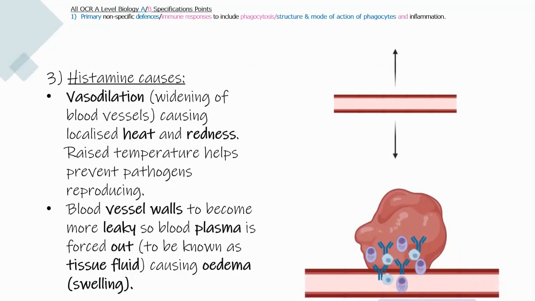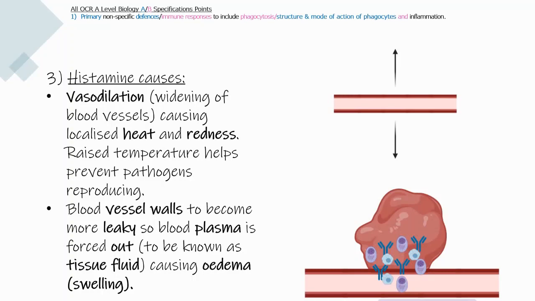The chemical histamine causes vasodilation, which is the widening of blood vessels. This vasodilation causes the localized heat and the redness of the skin. This increased temperature helps to prevent pathogens from reproducing or replicating. It also causes blood vessel walls to become more leaky, so they open up more, and blood plasma is forced out into the tissue fluid, causing edema,